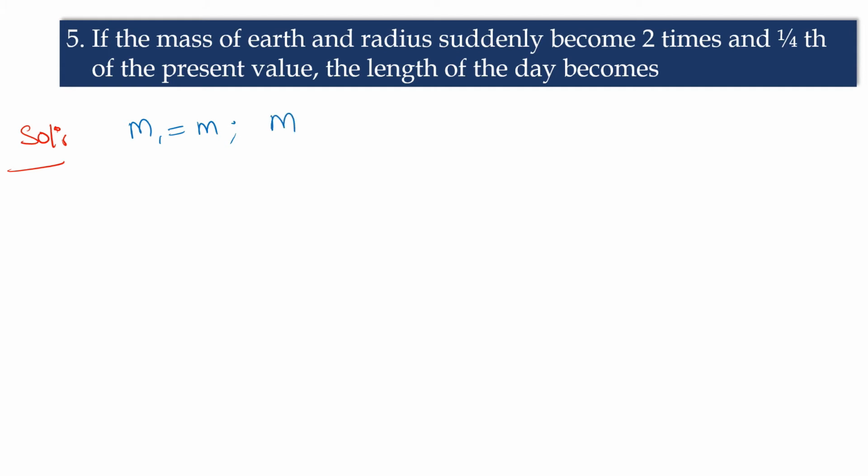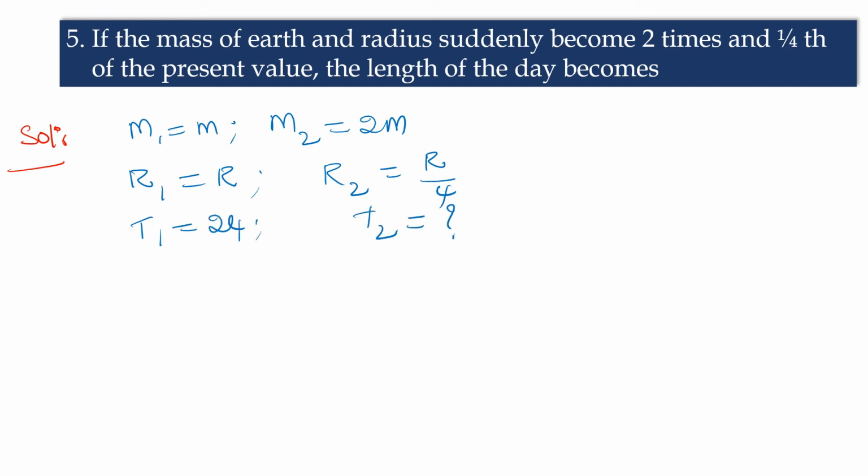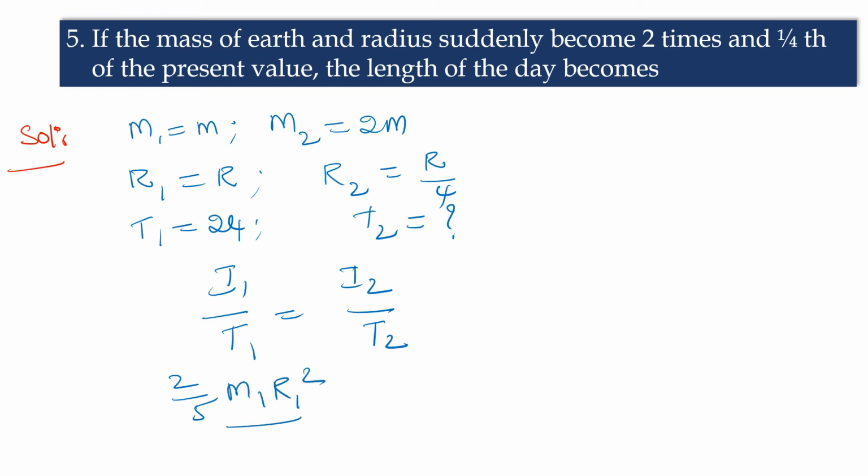So given m1 is equal to m and m2 is equal to 2m, and the radius r1 is equal to r and r2 is equal to r by 4. So T1 is equal to 24, and T2, the length of the day, we have to calculate. According to the law of conservation of angular momentum, I1 by T1 is equal to I2 by T2. So I1, nothing but 2 by 5 m1 r1 square by T1, is equal to 2 by 5 m2 r2 square